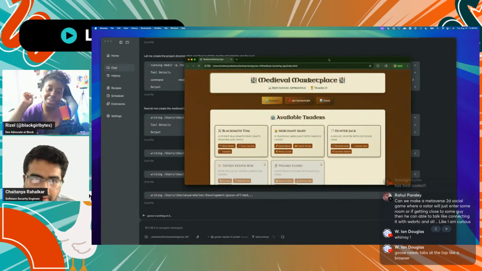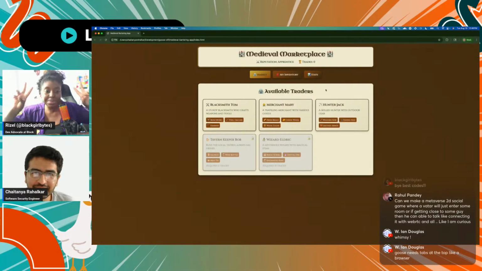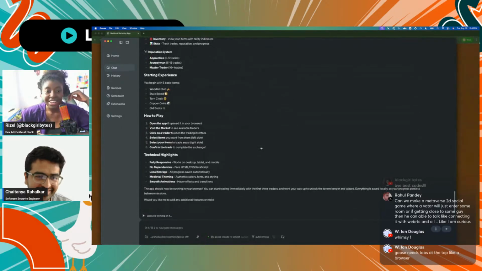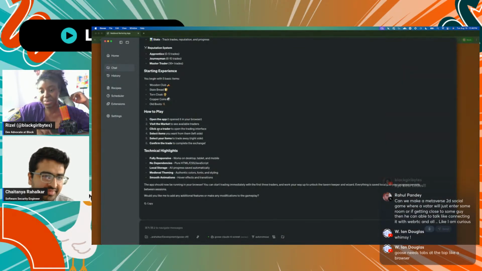What the? Wow. I might have to do this method. I sometimes do the vibe prompting thing, but I'm kind of like you, Chaitanya, where I'm just like, let's just do one. I'm lazy. But maybe I have to let Goose write my prompts more often. Yeah. Let's see it. Let's see the app.